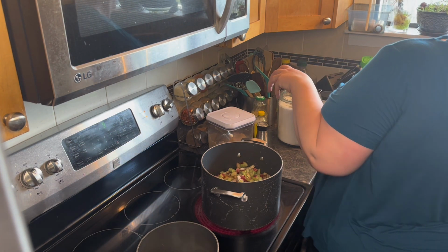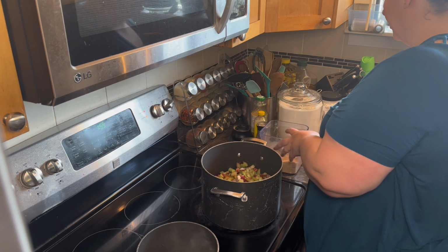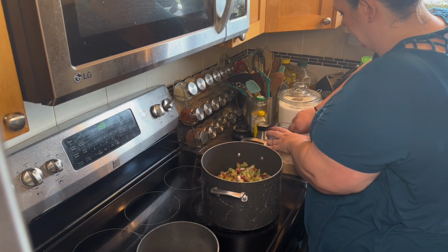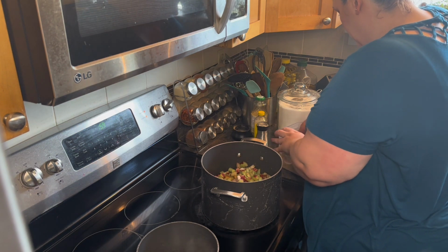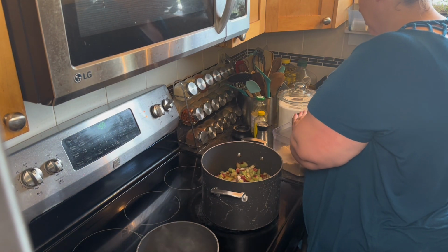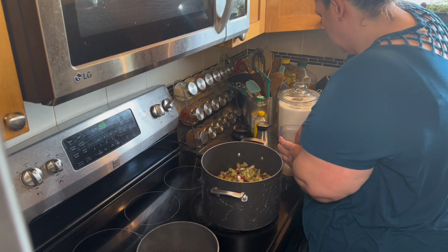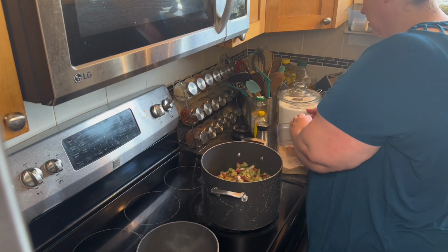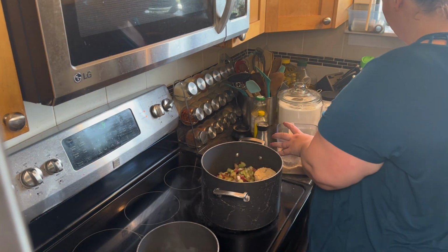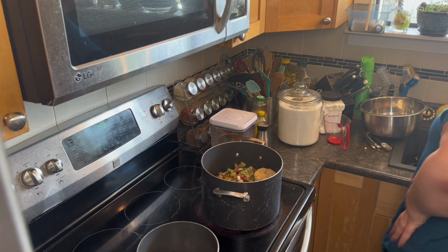What else do we need? Oh, there's 1/3 cup of brown sugar in this recipe. I forgot about that. So let's see how many cups that is here. Do about that much. Okay, and